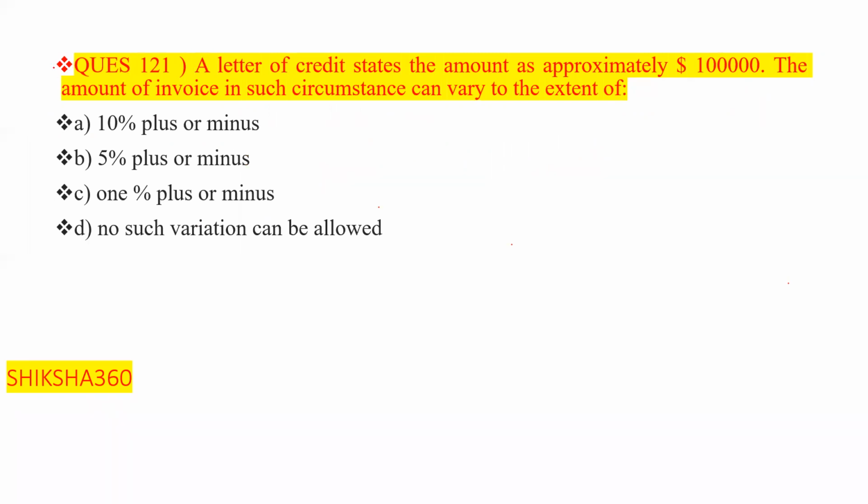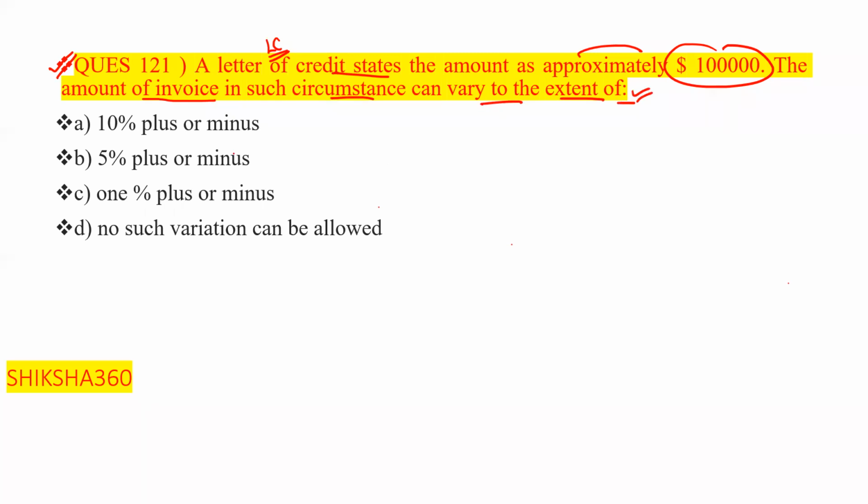Now move to the next question, question number 121. This type of question you will find in the examination also. A letter of credit states that the amount is approximately $1 lakh. So the amount of invoice in such circumstances, how much variance is there in the amount? The amount of invoice in such circumstances can vary to the extent of